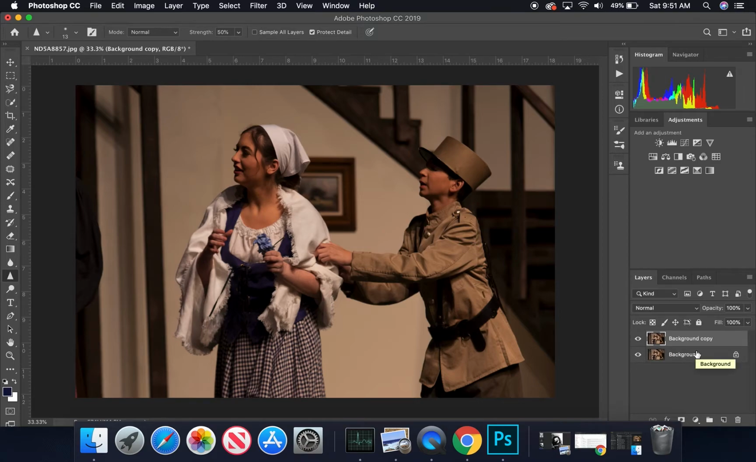So now I have the background, which will be untouched. We're not going to ever touch that. And then I have a copy of it that's sitting on top. So now it's like I have two photographs, identical, one's on top of the other. And the top one's the one we're going to mess with. With the top one selected, go to Filter,